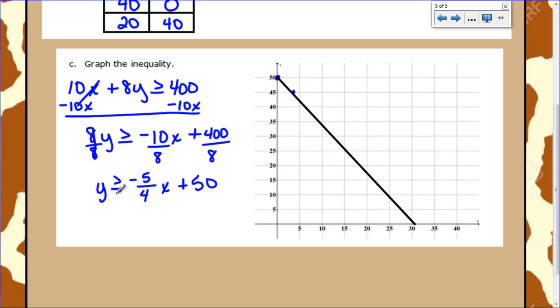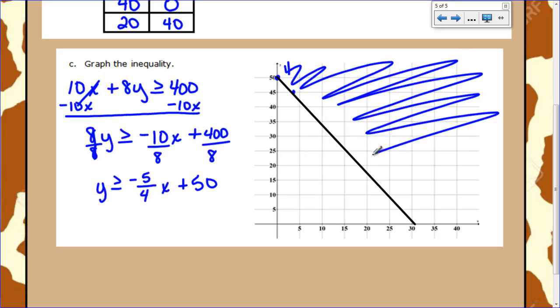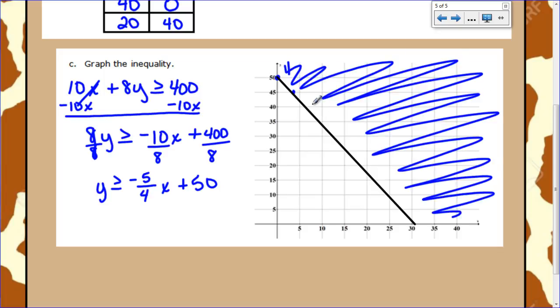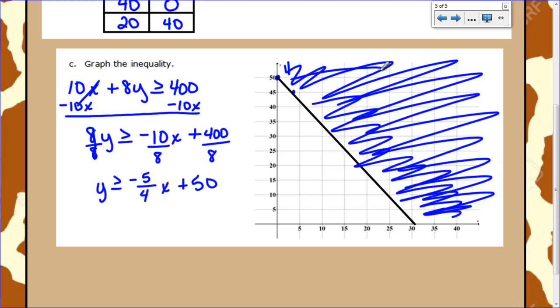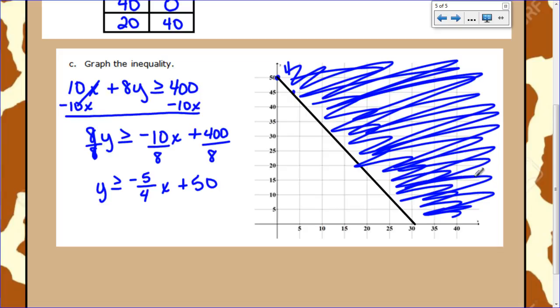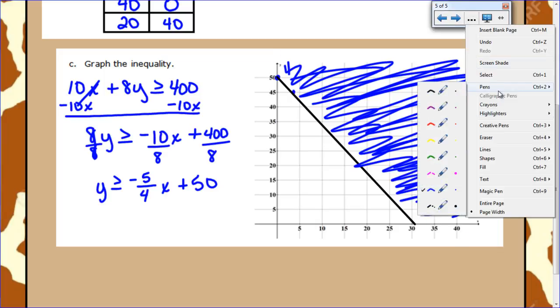But to get my solution to this, I've got to shade greater than that. So I have to shade everything above, which is this direction. So everything up here gets to be shaded. And you don't have to color it in 100% like you saw in our pictures that were already done. You can just scribble, just like this. Any point in this shaded area or on this solid line counts as a solution to the inequality. So that is